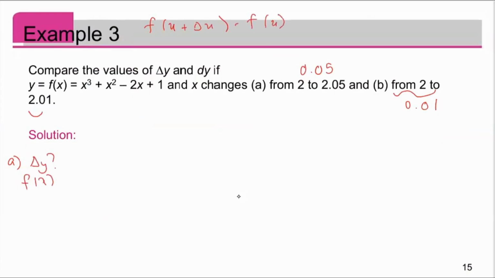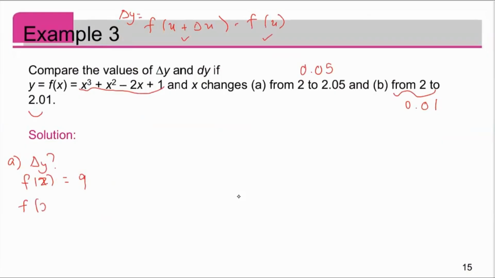Okay, so to get the delta y, first we need to find f(2). So you just plug in 2 for this equation. Then you get that the value is equal to 9. Okay, so that's settled for this one. And then we want to compute this one,